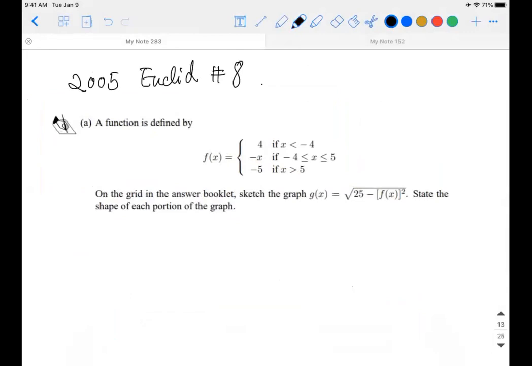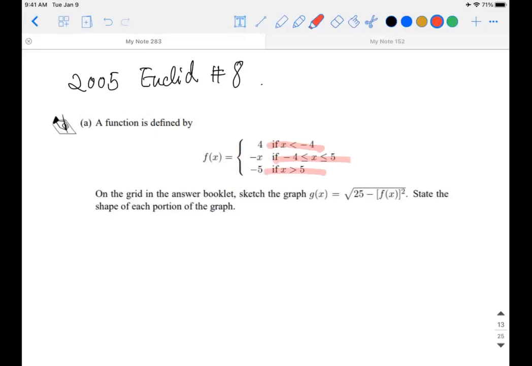Like I said, today's problems are pretty much about domain, range, and graph. Let's check it out. A function is defined as follows. This is like a piecewise function. The function has 3 parts. Whenever x is less than minus 4, it's 4. From minus 4 to 5, it's minus x. Greater than 5, it becomes minus 5. Just basically 2 constant functions,